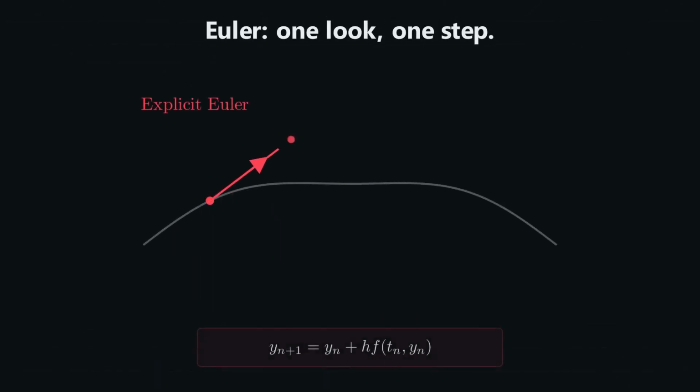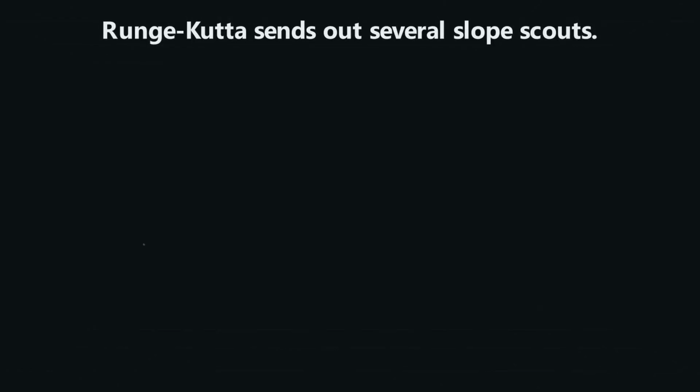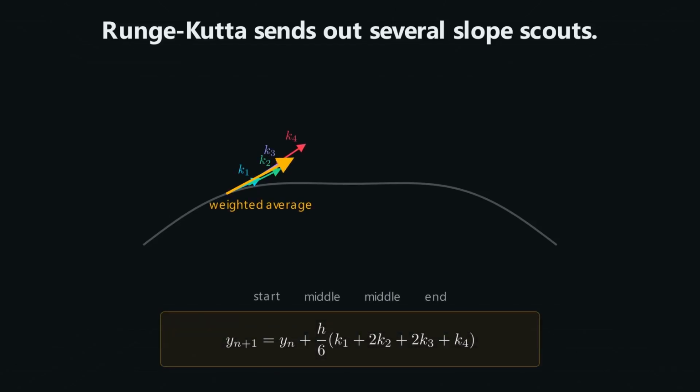The simplest is Euler's method. At the current point, look at the direction, then step forward. Y_{n+1} = Y_n + h f(t_n, Y_n). The problem is that if the true curve bends, Euler can drift away quickly. In the animation, the red path shoots off the ideal curve. Euler is brave. Euler is simple. Euler is also occasionally overconfident.